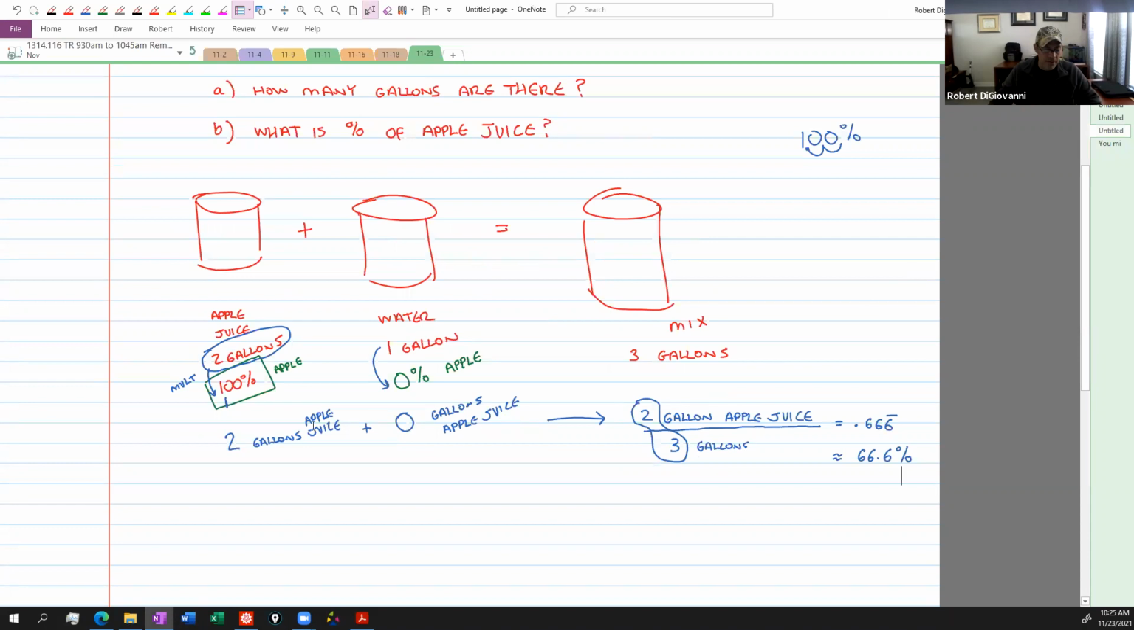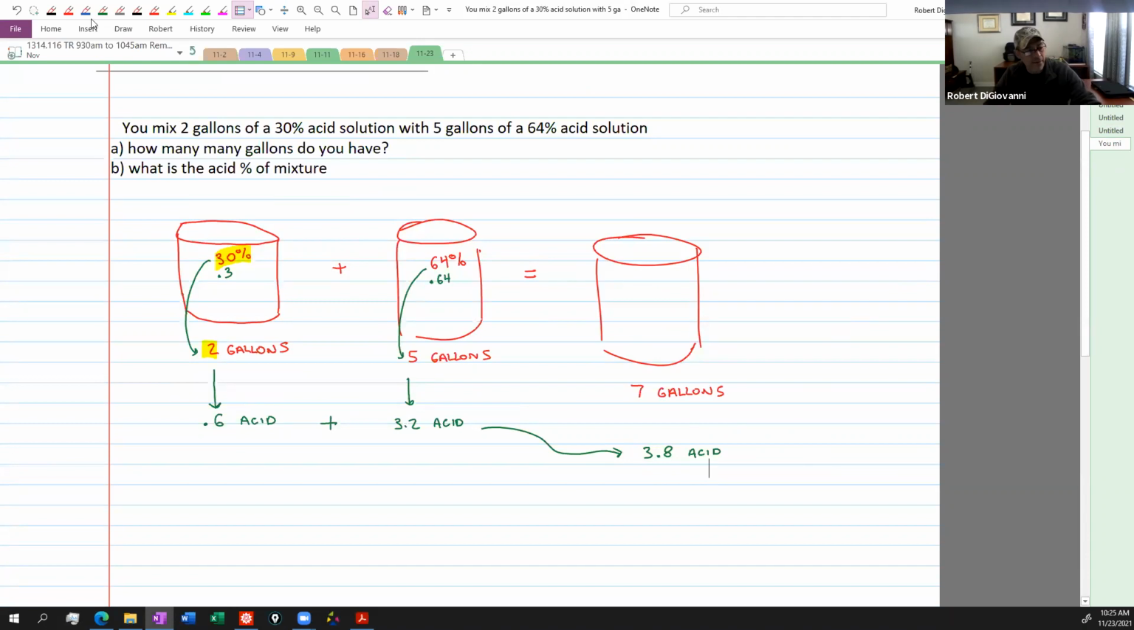What do we do here? We found out how much of it was juice, and over here we divided it by the total we had in the mixture, right? So here I'm going to take this 3.8 to find the percentage. What I do is I take that 3.8 and I divide it by the total number of gallons I have in the mixture, which is 7. And 3.8 divided by 7 will give you